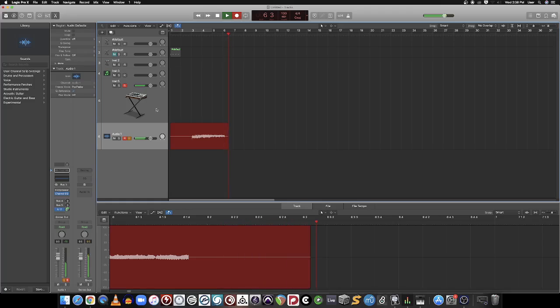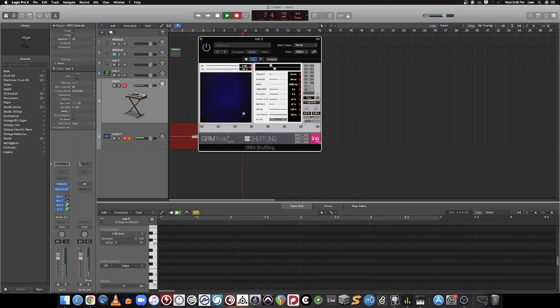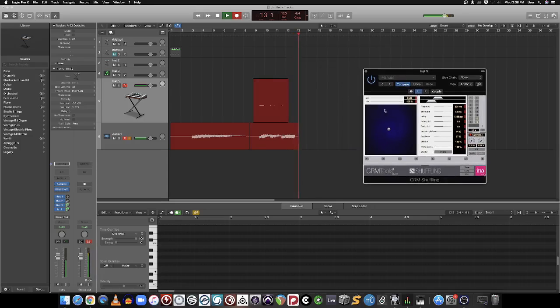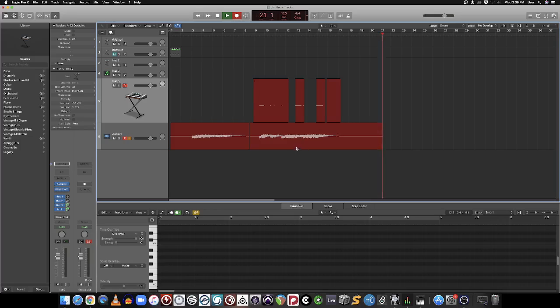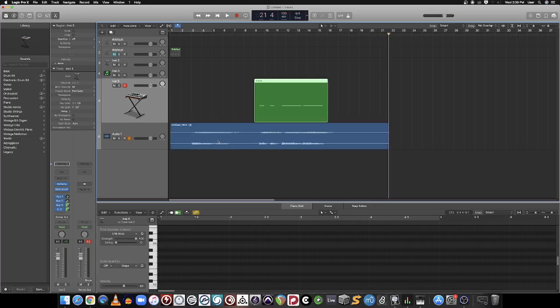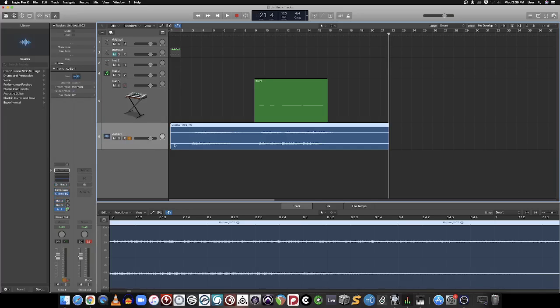So I can record the audio out from one track as I mess with some of the parameters. So it's recording my performance both in MIDI and audio at the same time. So in this way I can record the output from a plugin into another track. And that again is through the bus system. So now I have audio here, which I can then further process or change in the